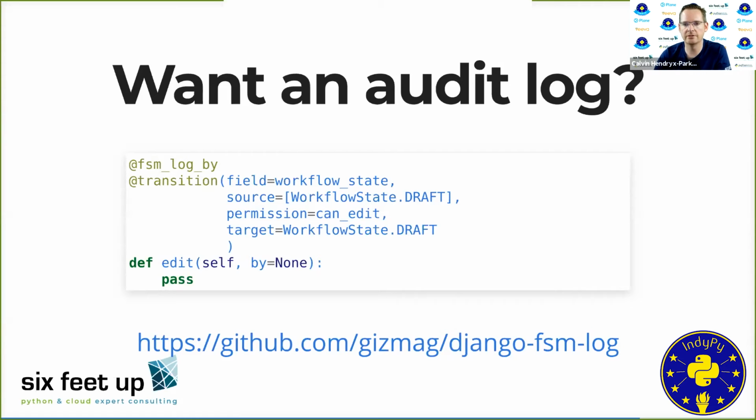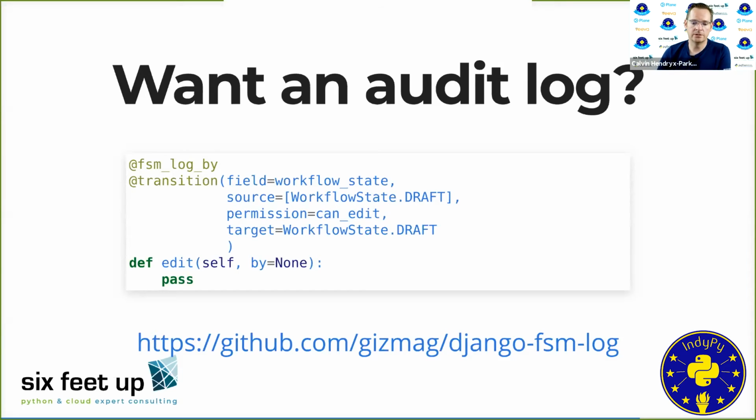But now you get that nice application log for your models. Now, you kind of have to change your mindset and go all in on Django FSM, because if you start using this in a few places, you're going to want to use it in more places. And if you aren't using it everywhere to start with, you're going to have missing data, or gaps in the data available to you. So if you're going to start using this tool, I'd investigate using it across a lot of your models so you can actually leverage this nice audit log functionality.